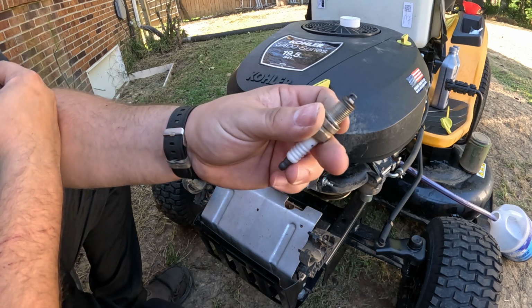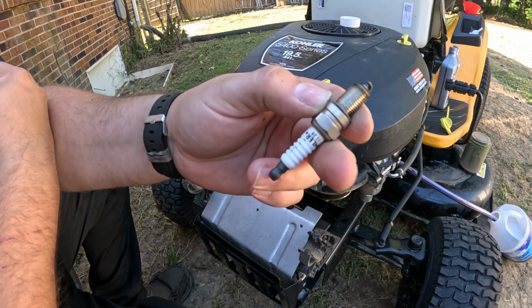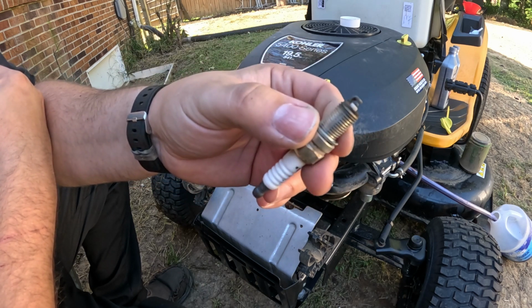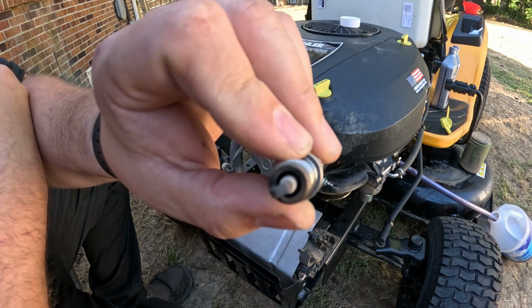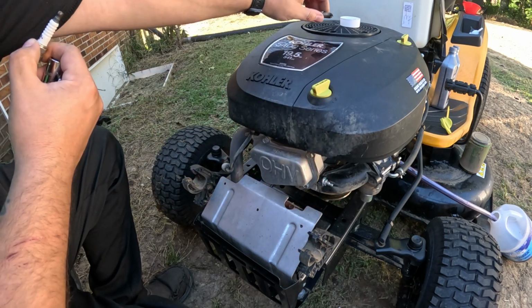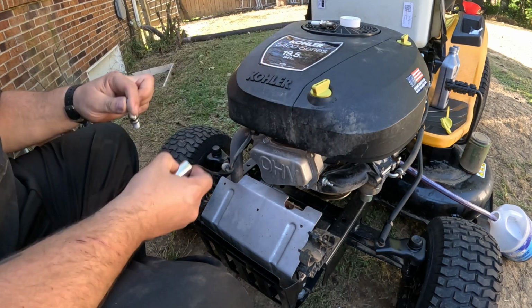So there's our plug, and she actually looks brand new. If I wouldn't have bought a spark plug, I could have probably just kept using that, because man, that looks perfect. That looks about exactly how you'd want one to look. So here's our new plug,